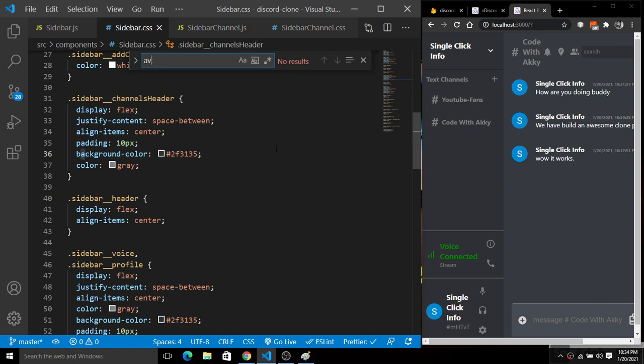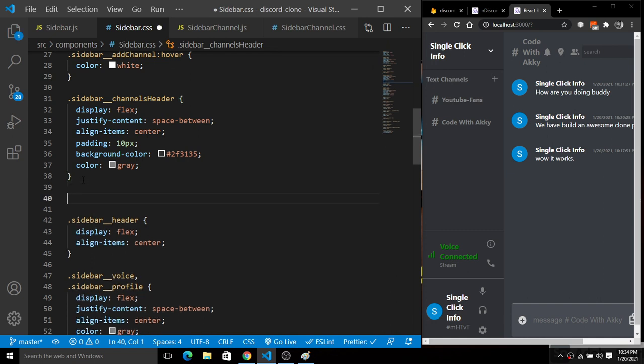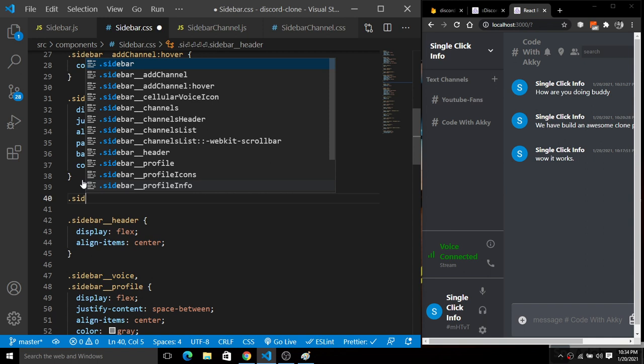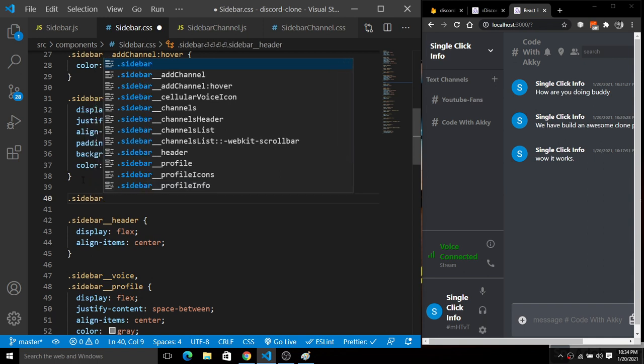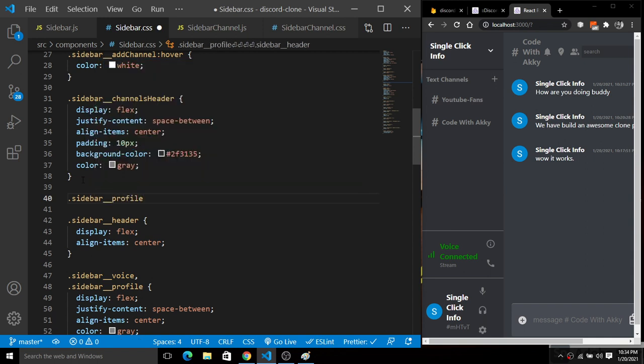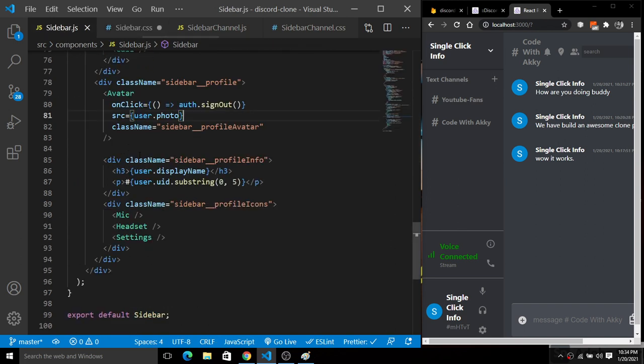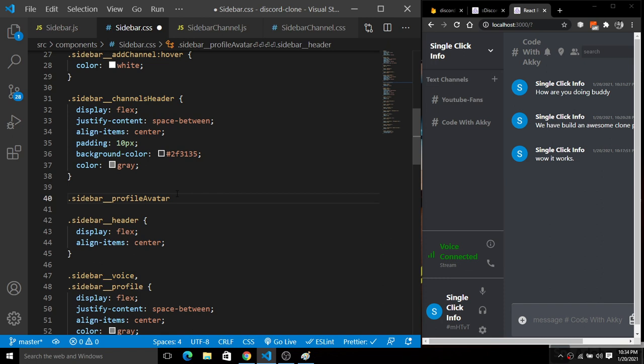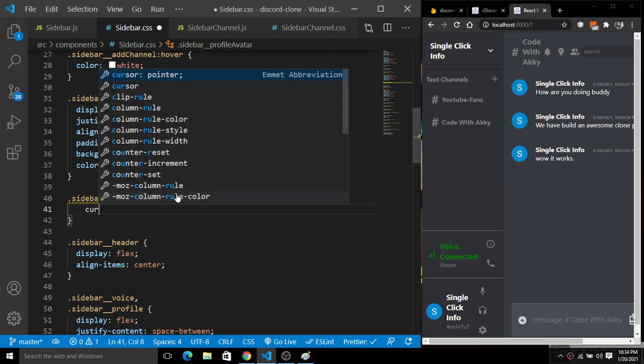We don't have this, so I will simply change the cursor for this sidebar profile avatar here. Let me cross check one more time. We have this sidebar profile avatar, and here I will simply change the cursor to pointer.